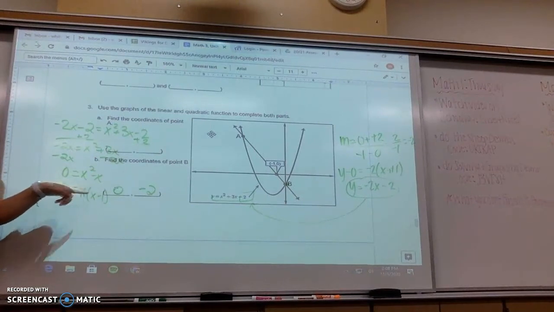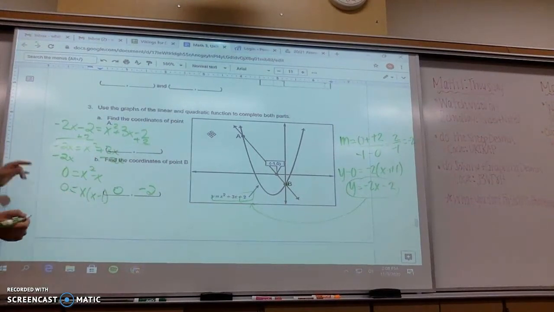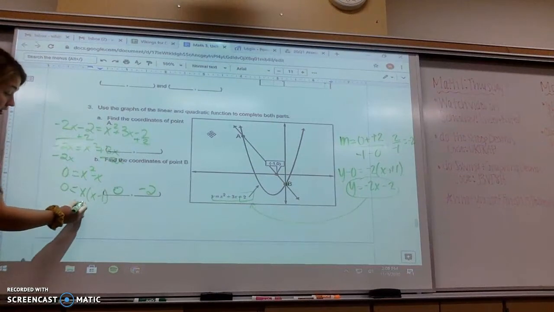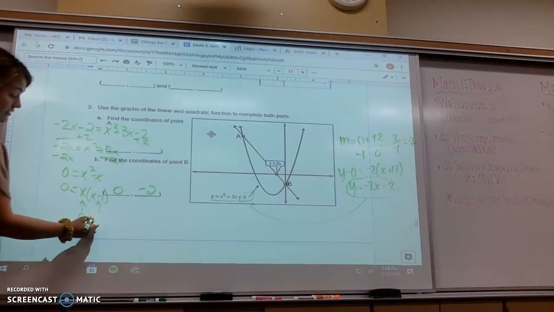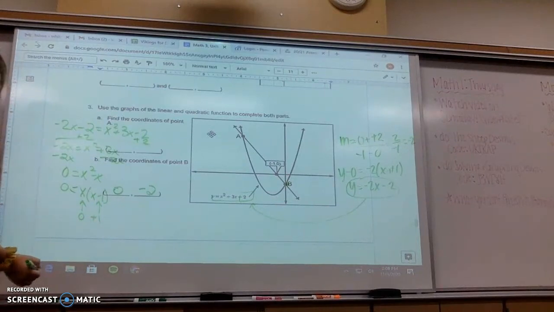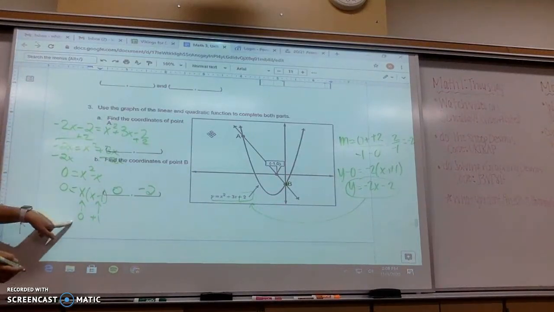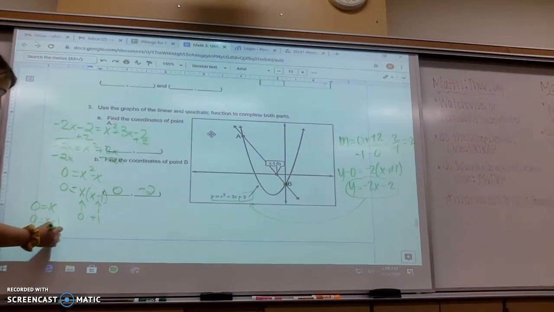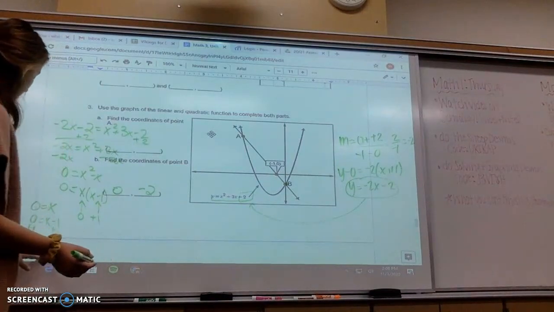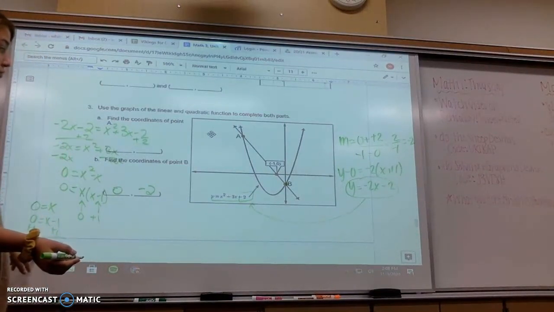I just took an x out, but that should be reviewed from last year, and we get the answer x equals 0 and x equals positive 1, okay? When we do 0 is equal to x minus 1, add 1, add 1, we get 1 is equal to x. Okay, so we know that our x value is 1,